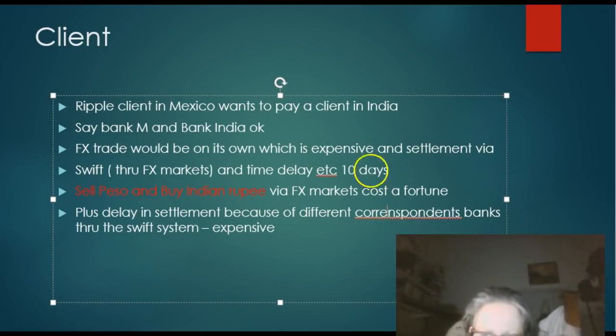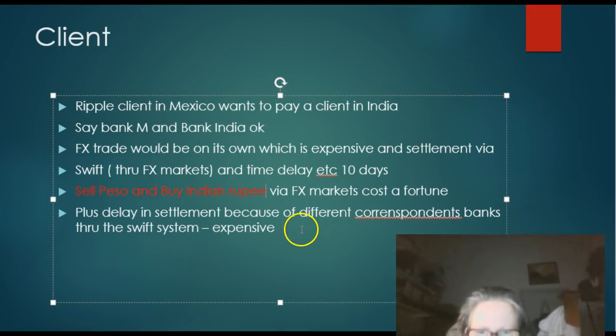Which also costs money, because as things get more and more delayed with SWIFT trying to find a bank in India that they can pay this money to, the end bank, the peso keeps going up and down, and so does the Indian rupiah. And so if the FX trade doesn't settle within the trade date today plus 2 days settlement time, the FX trade itself has to be adjusted by forward points, being the cost of not settling, and that is a cost to the client, the original Bank Mexico client.